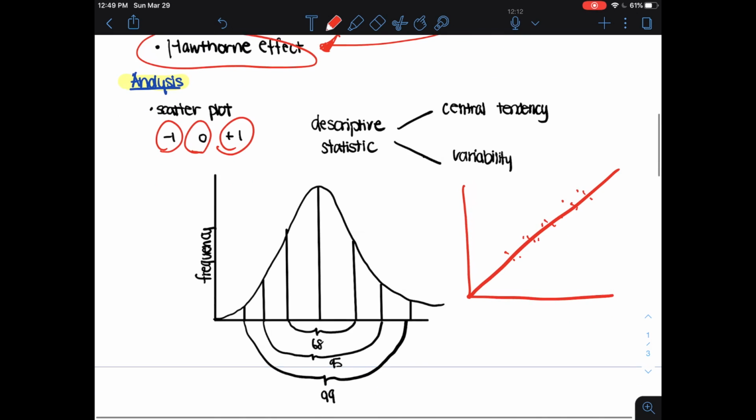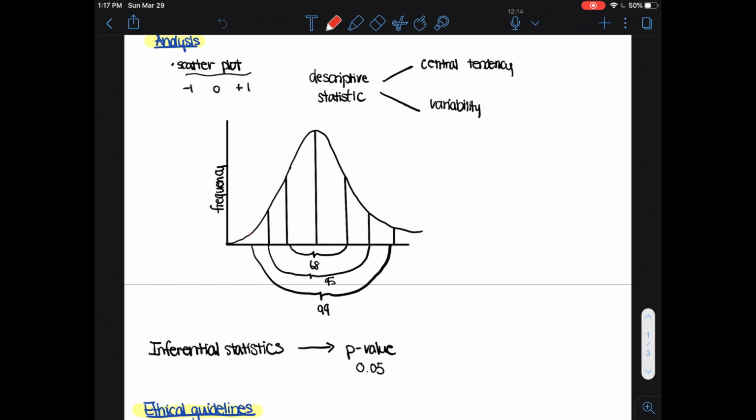So descriptive statistics is your way of describing a set of statistics. There are two ways of describing them. First,